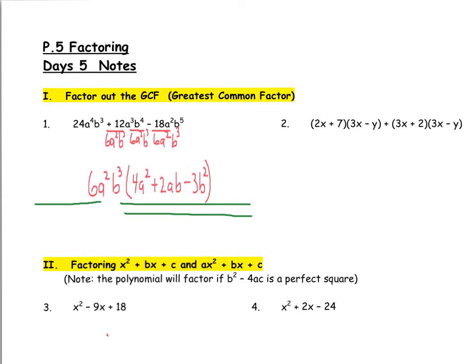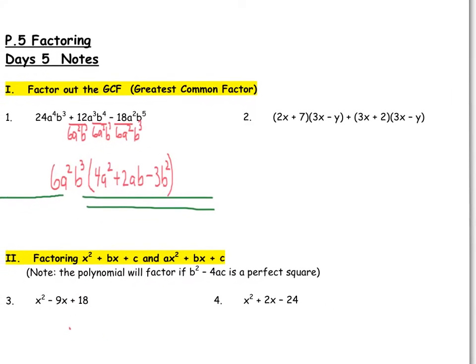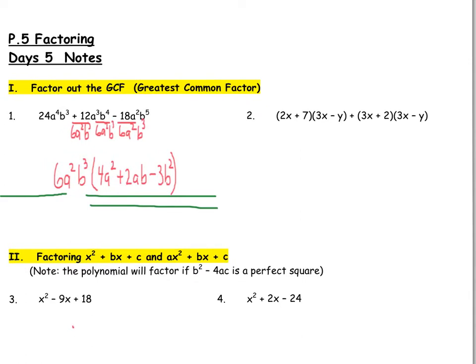In the second example, we've got a little bit different looking expression, and it's not in a factored form because of the plus sign that's between the two expressions. But as we look at both parts of that, in those expressions, they each have a binomial factor of 3x minus y. So that quantity is actually your GCF. That quantity comes out in